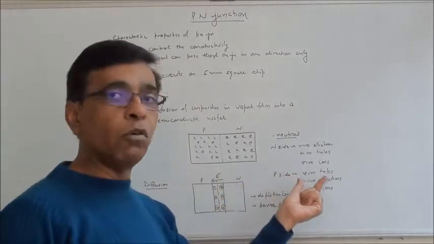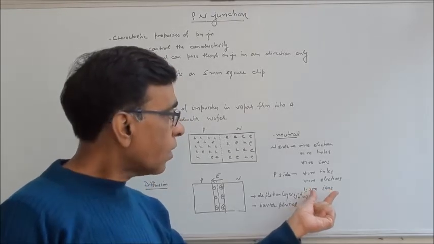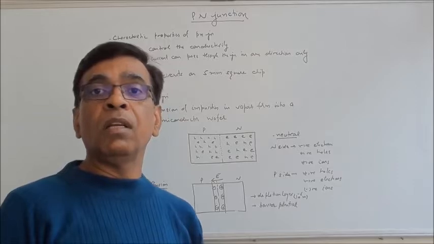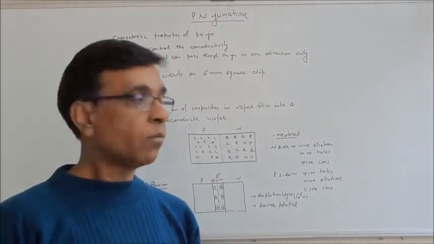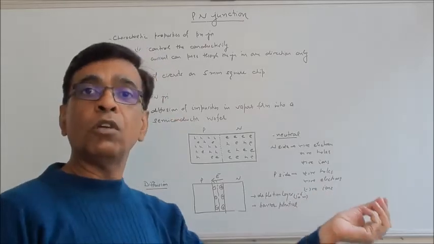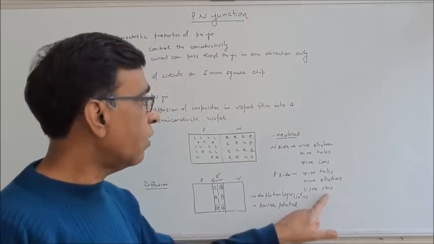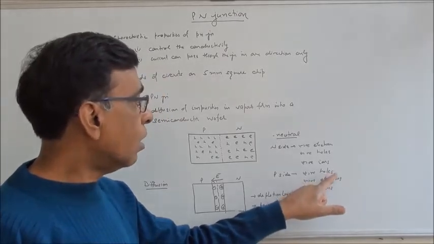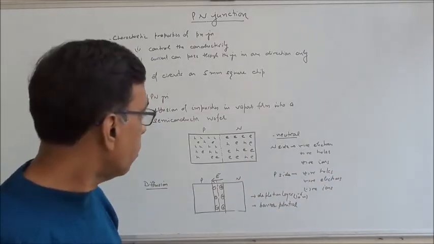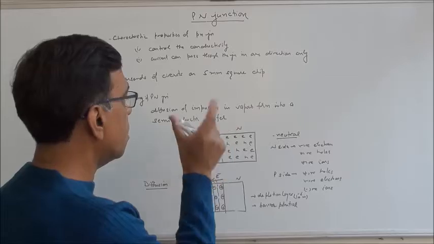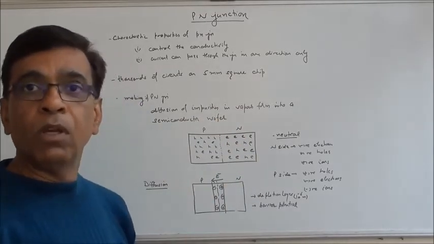And same way P-type. On P-type we have holes, we have electrons. In intrinsic they were equal, and the extra holes that have come are equal to the number of dopants again. Here they are negative ions because each dopant has accepted one electron. So the number of negative ions plus the number of electrons is equal to the number of holes. Okay, so this is the situation, but this is not the equilibrium state.